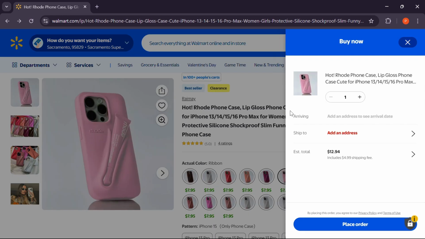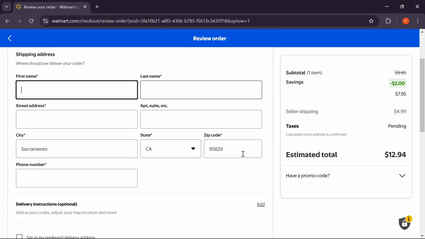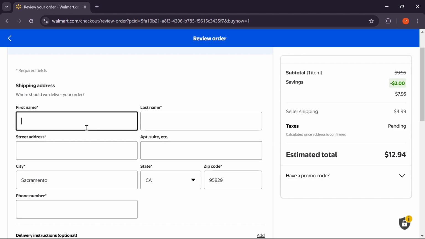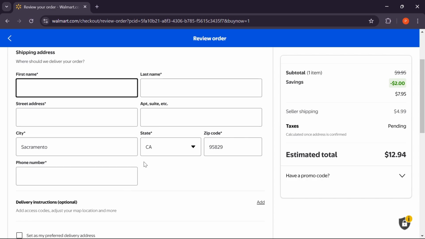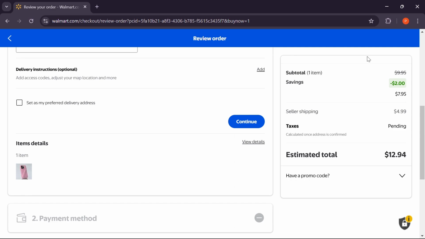And then here you can see there are a lot of things that you need to fill. So to fill your information, simply just click on them. And here you can see there are a lot of things that you need to fill: your first name, last name, street address, and the city that you live in, your phone number, and many more. So after filling all of those, here you can see your billings,